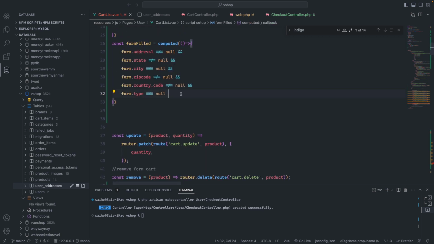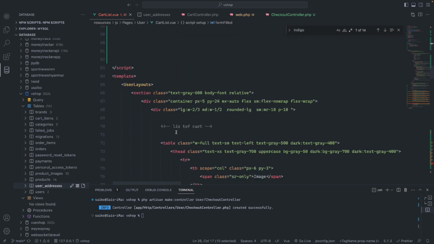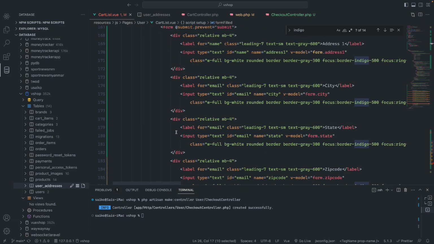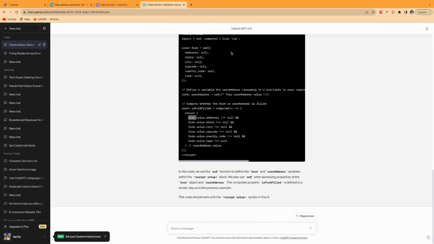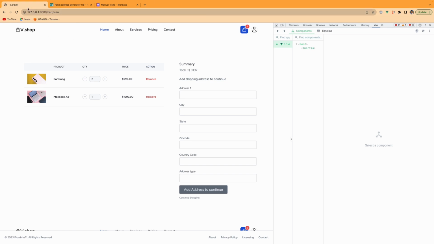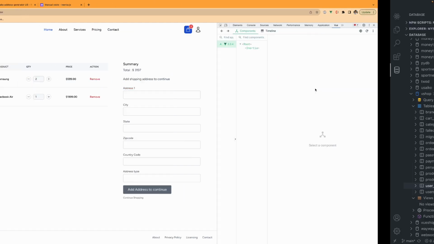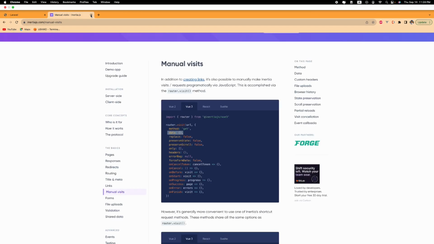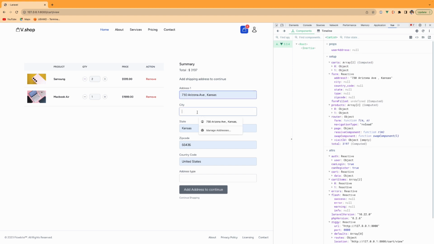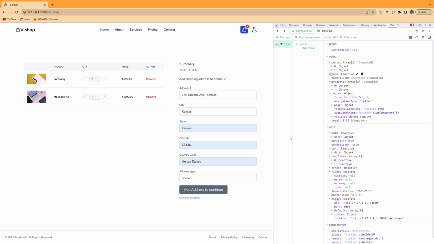After that, we don't need this, and after that we will use this validated form field data in our button here. Okay, so if it is filled or not, we will return. If this form is filled, we will see here. Okay, so I will close this and this. So I will make sure everything is filled, and okay, Control C, Control V. This one will be home. So as you see, every form has been filled, but where is our